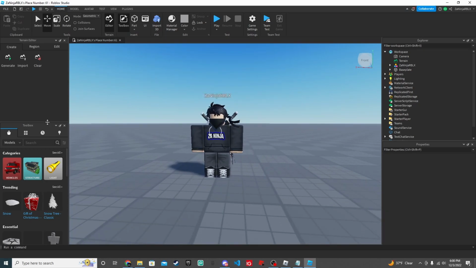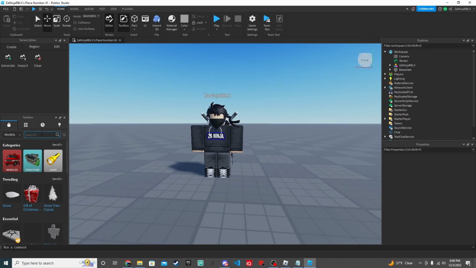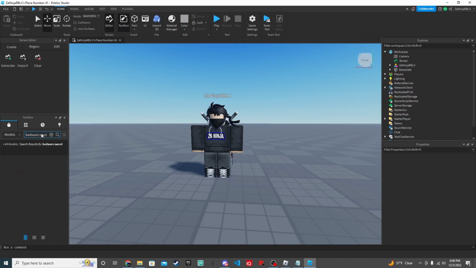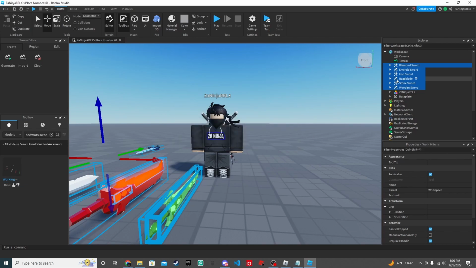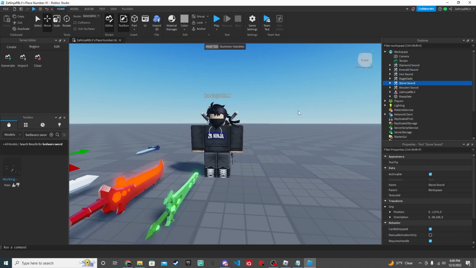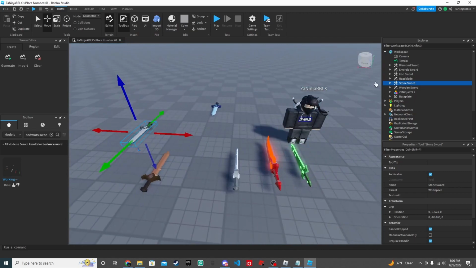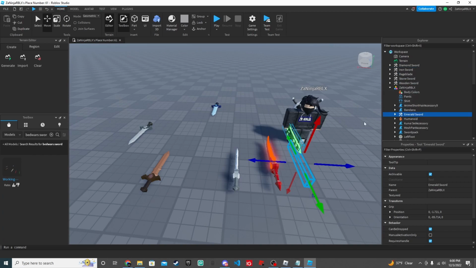And then let's say I want to add a Bedwars sword. Just look up Bedwars sword. Sure, let's just drag this in. Just click OK. None of this really matters. You're going to want to drag any weapon of your choice. In this case, let's go emerald sword. Drag it into your Roblox character,